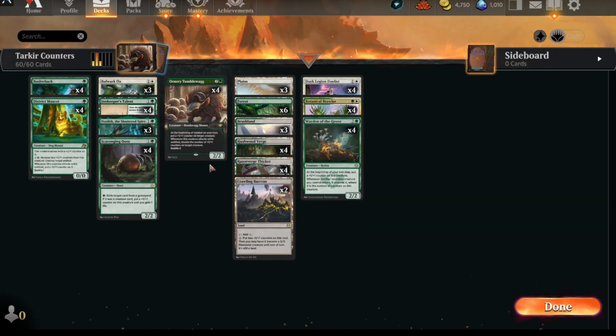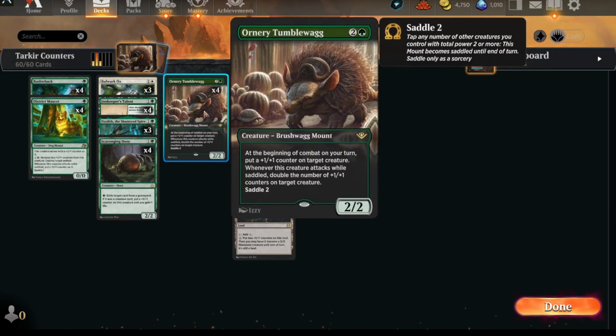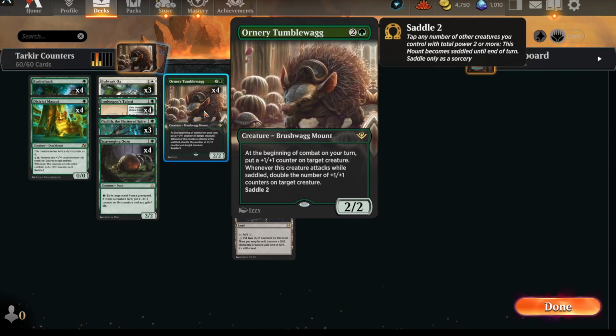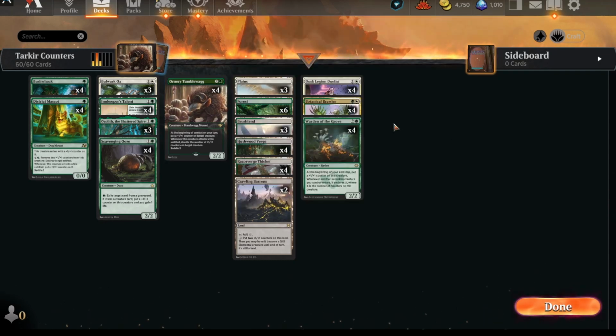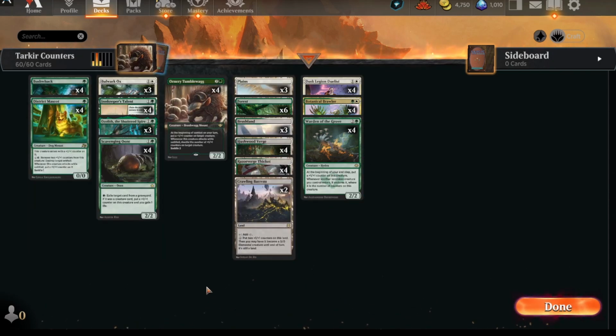And then Ordinary Tumblewag, 3-mana 2/2, at beginning of combat on your turn, put a +1/+1 counter on target creature. Whenever this creature attacks while saddled, double the number of +1/+1 counters on target creature. So the synergy with Warden of the Grove is really powerful, because if we create a spirit token, we can immediately saddle one of our many mounts, Tumblewag, Bulwark Ox, or District Mascot, without